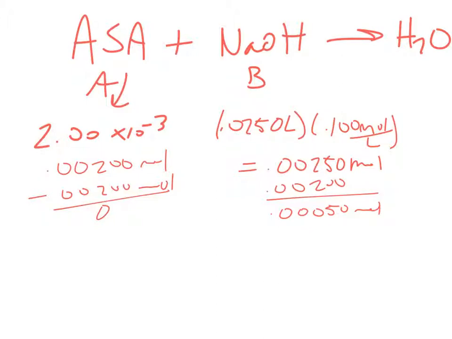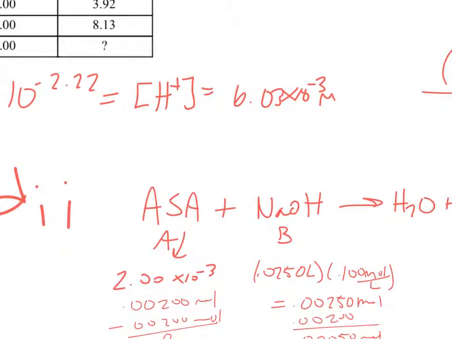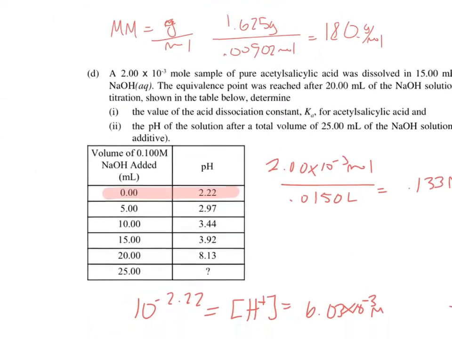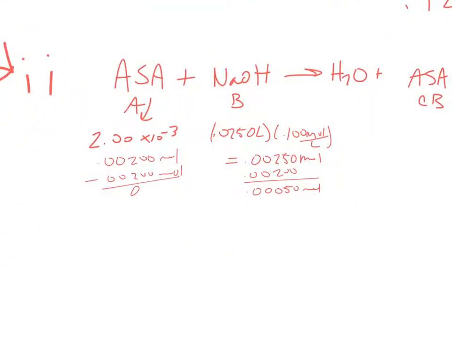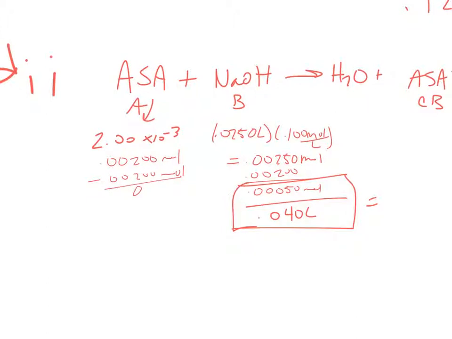New volume, though: you had 25 milliliters of the base, and it was added to 15 milliliters, so the new volume is 40 milliliters, or 0.040 liters. So I'll put a box around this. This is what I'm going to do to calculate the concentration. This number, 0.00050 moles divided by 0.040 liters, gives you a molarity of